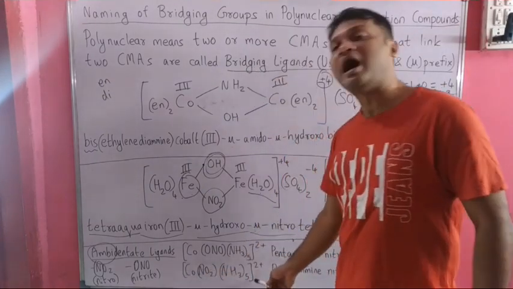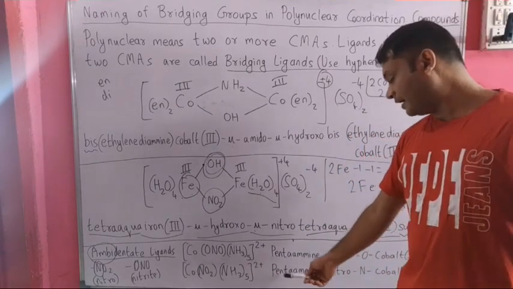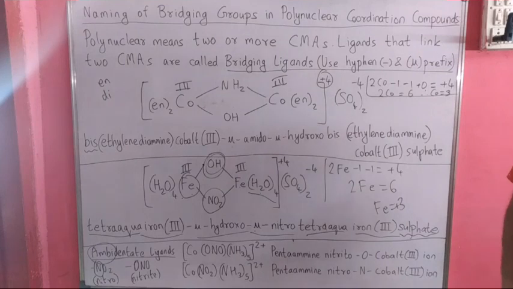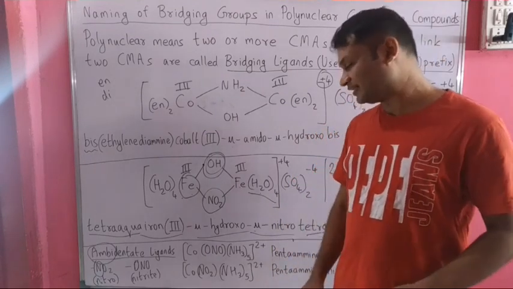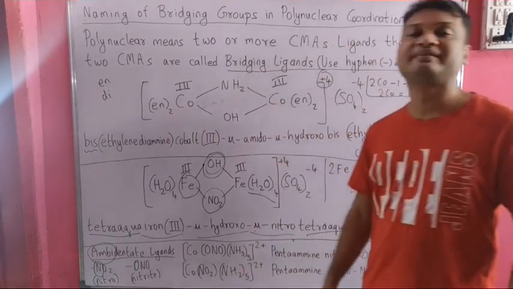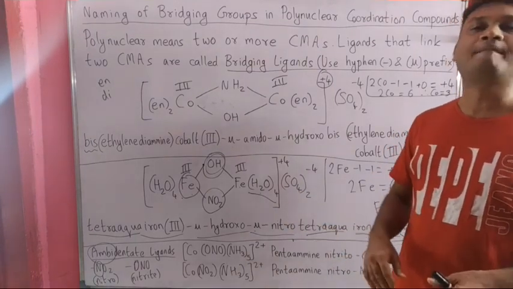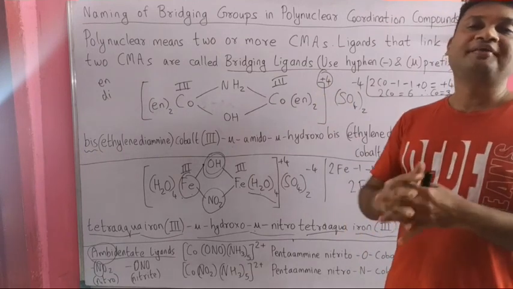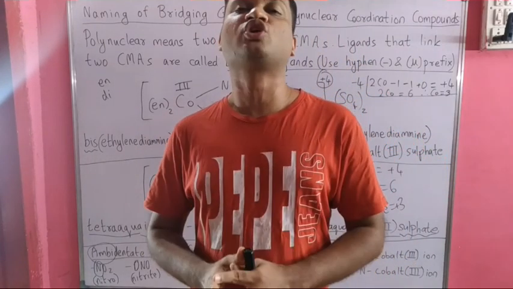Similarly, if we have this ion, [Co(NO2)(NH3)5]2+, then what will be the name? We will have pentaammine nitro, because in this case we have the nitro group in which nitrogen is the donor. So dash N dash cobalt 3 ion again, because again the oxidation number of cobalt we can calculate easily. It will come out to be 3, because Co minus 1 is equal to plus 2. So Co will come out to be 3 in both cases. That is how we name ambidentate ligand coordination compounds and polynuclear coordination compounds. So these are various rules which we have to apply for nomenclature of coordination